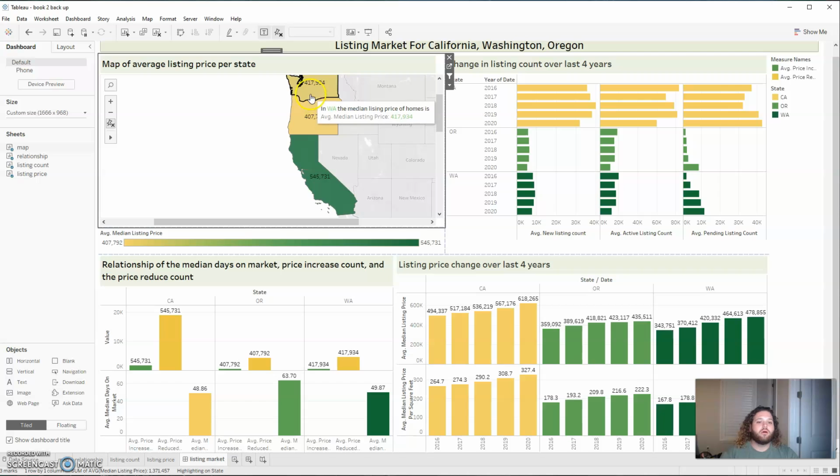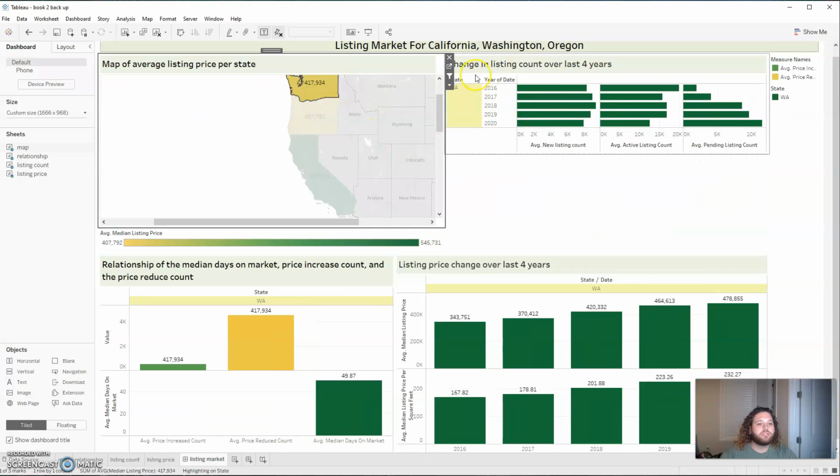So if we touch base on Washington, change in the last 4 years in the listing count, looking like a bell-shaped curve for new listing count. So that looks pretty good. Coming over here to the active listing count, in 2016 there seemed to be a lot more homes being listed, a lot of homes that were active being listed, and then your pending. So I would go to say that homes in 2016, there weren't too many just sitting on the market